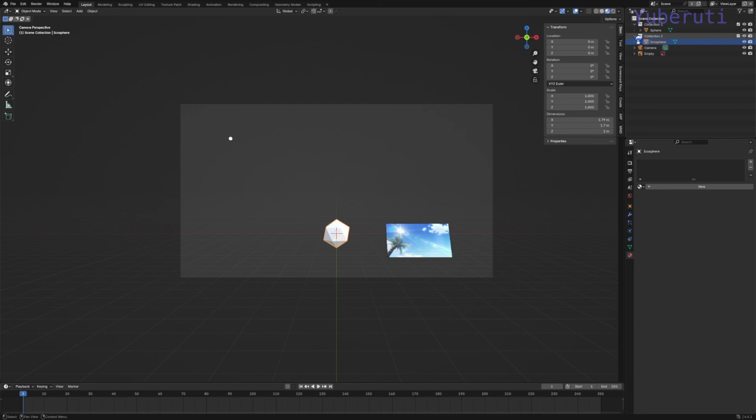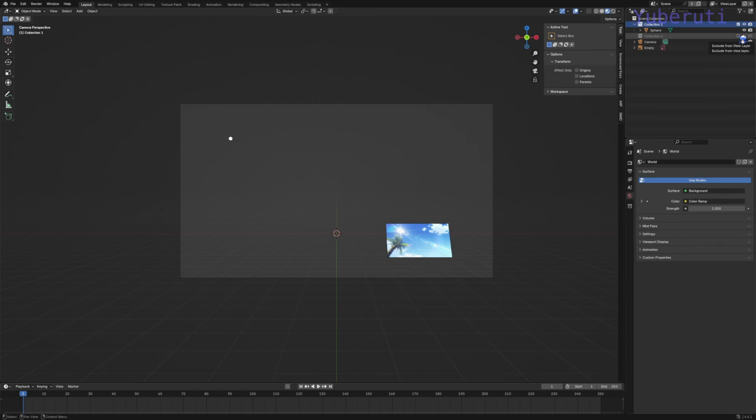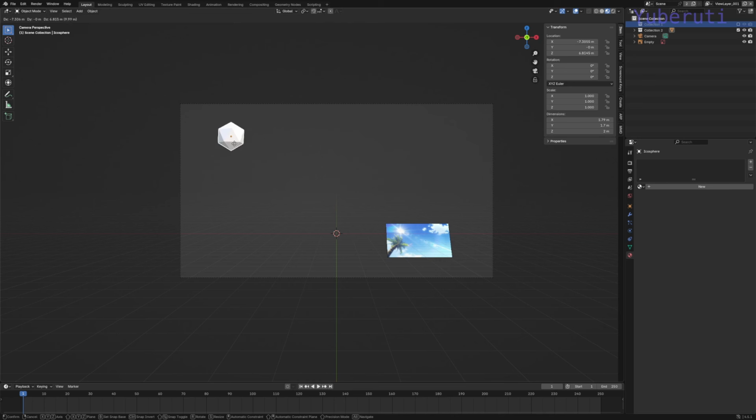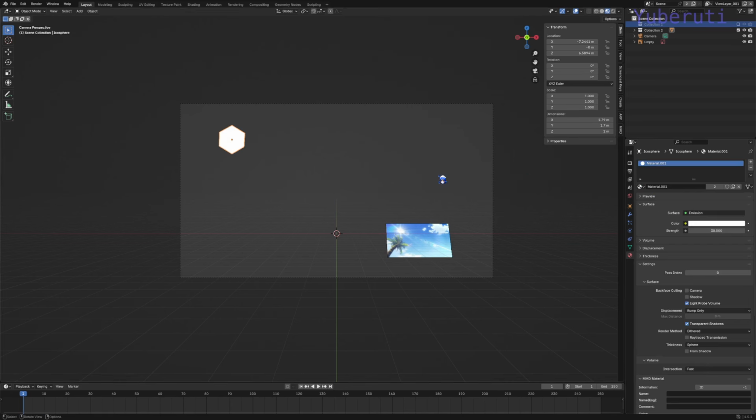So whichever is enabled is going to be the one that's rendered. So collection 1, we want to enable it. Collection 2, we'll disable this one. And on the second layer, collection 1 will disable it. And then collection 2 will keep it enabled. That way we can only see this. So let's move this to around the same position as our sphere, right around here. And let's add the same material as our sphere. Now if we go back to our compositing tab,